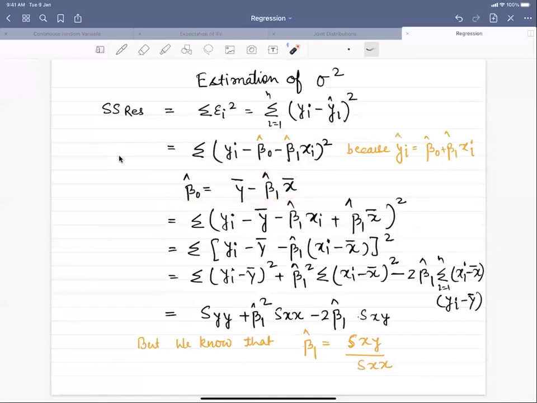So we will replace this here in this equation and then expand this expression for the sum of squares of residuals. We sometimes say simply sum of squares, or specifically sum of squares of residuals. So summation over i = 1 to n of y_i minus y bar minus beta 1 cap